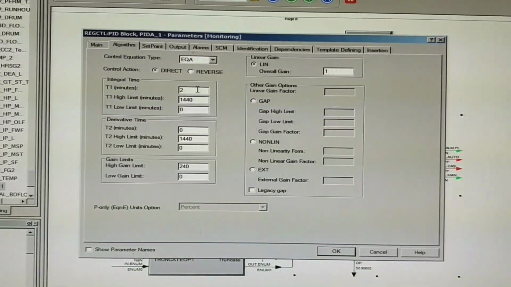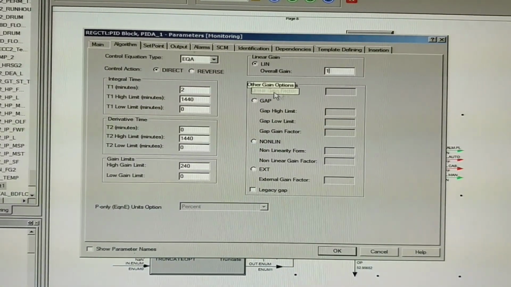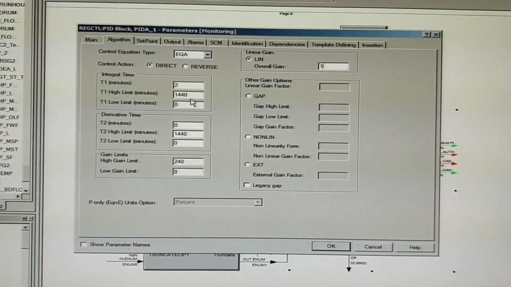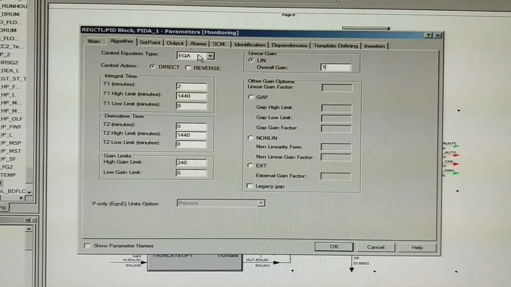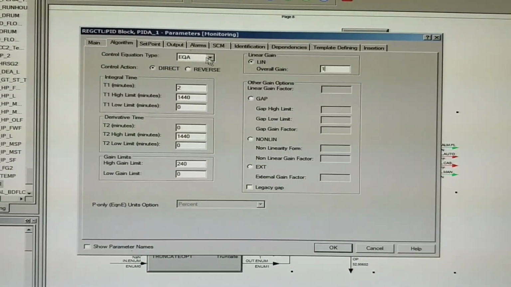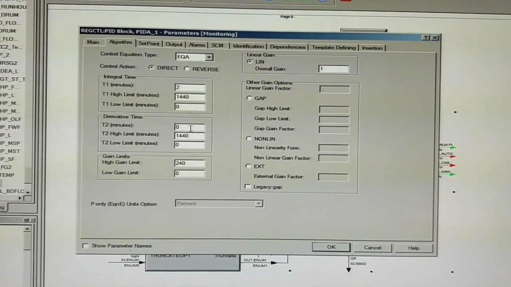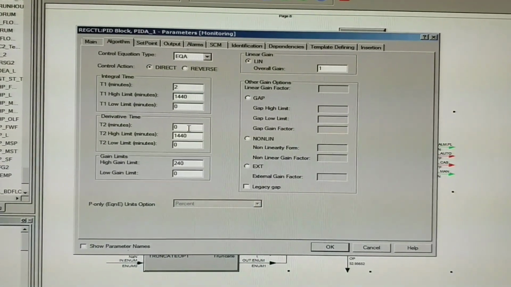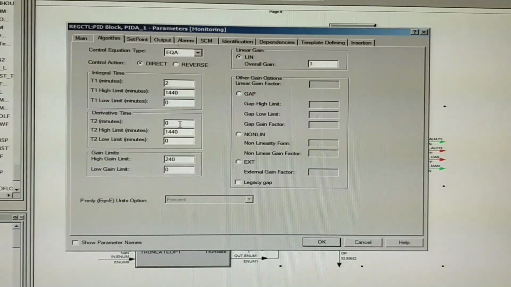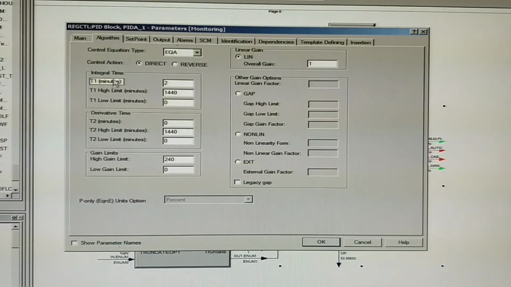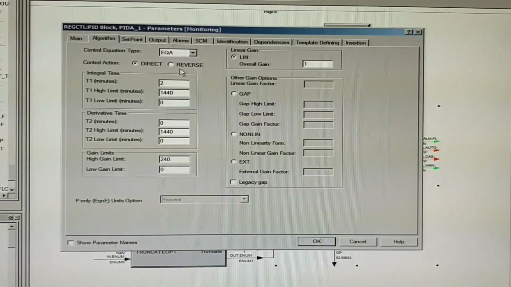So whenever we do the changes, we vary normally P value, I value, and D value. Normally you will get the good tuning with I and D value. So equation A considers P, I, D simultaneously to optimize the output with respect to set point and process value. This is the control action, direct and reverse.